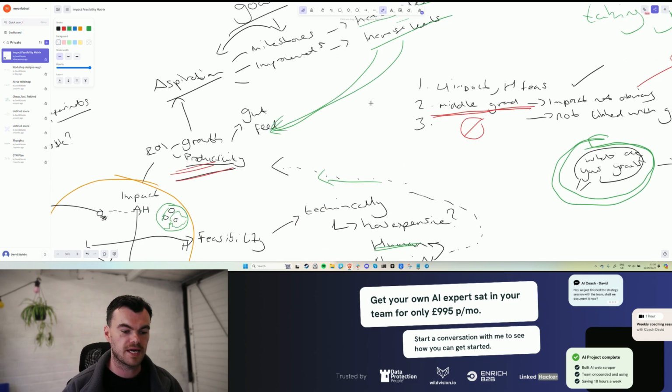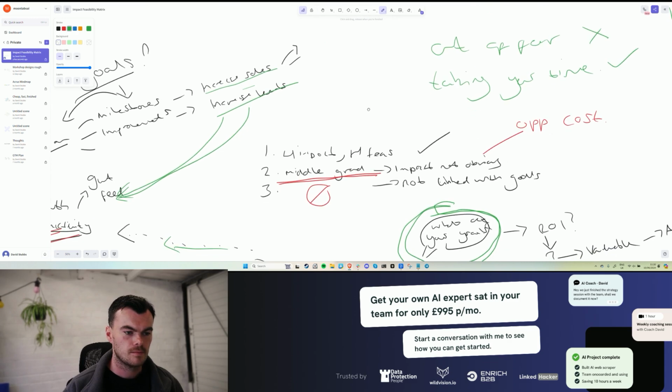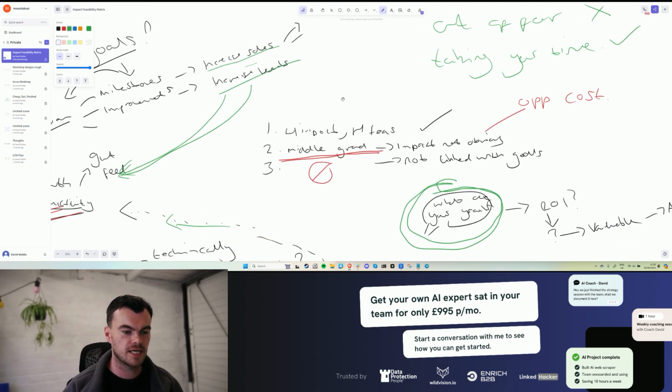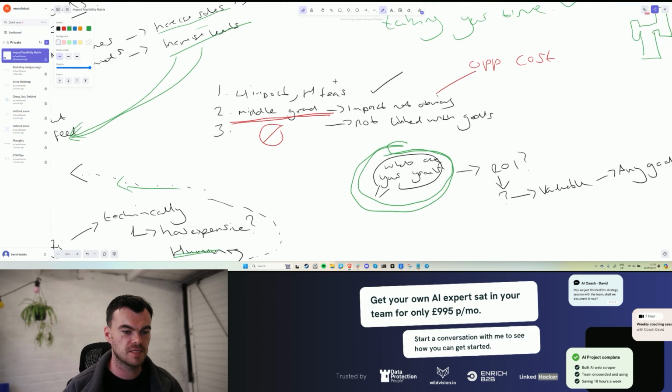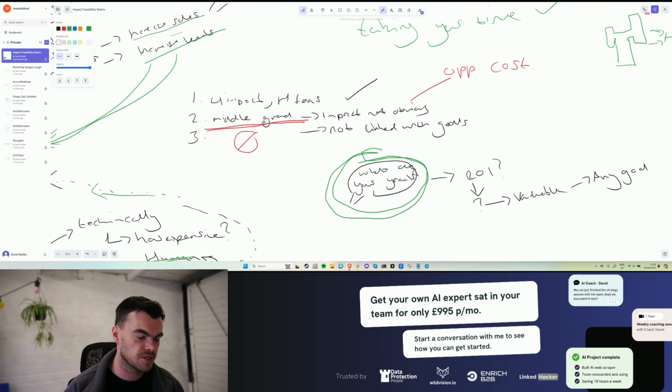By knowing this, we can start identifying what the high impact, high feasibility areas are. In the middle ground, you can see here that I've said, probably don't mess around with those now, because you are going to have very obvious high feasibility, high impact areas. So for example, in the sales space, you're talking double the meetings, reduce admin time.